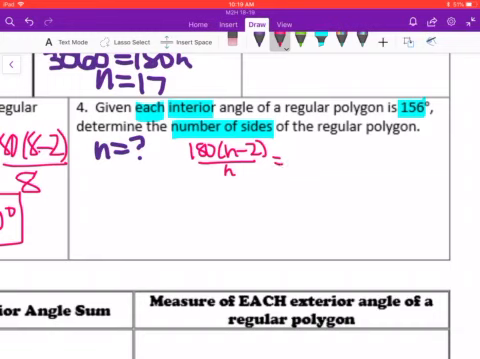n equal to 156. Now from here you might be thinking, well, I don't know how to solve this if it's a fraction equaling a number. In order to do that, you can take this 156 and divide it by 1. It'll make it into a fraction without changing the value. So then you can cross multiply just like we